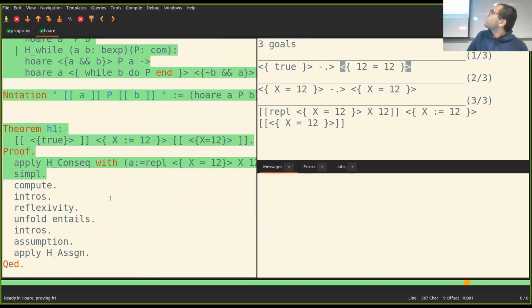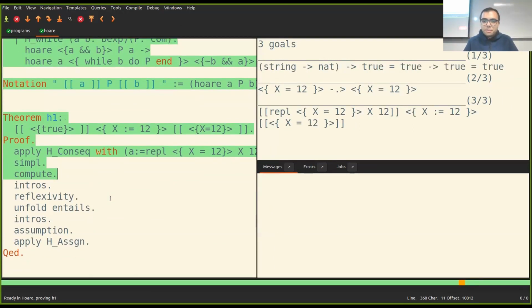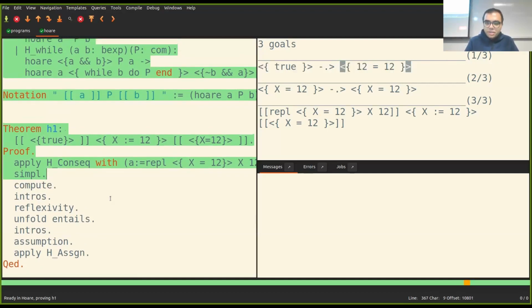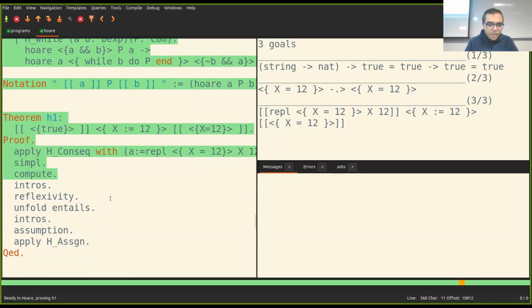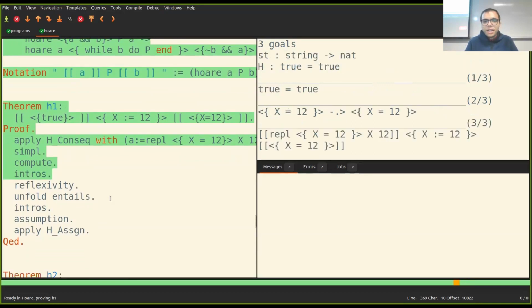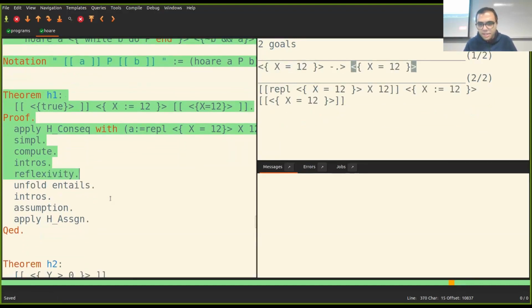It says true implies 12 equals 12. Now I just say compute. So it computes both sides. And now I do intros, and now I just have to prove true is equal to true, reflexivity. That's it. The next one is also kind of obvious. It says that you have to prove that x equals 12 implies x equals 12. Oh, yeah, this is basically our post condition. We didn't change the post condition, but anyway, we have to prove that